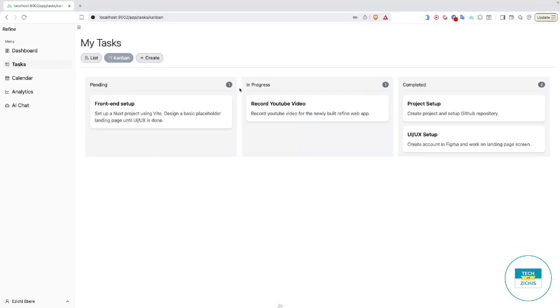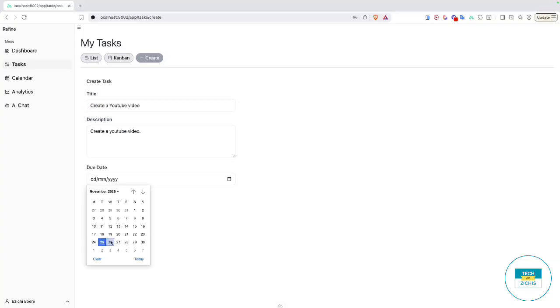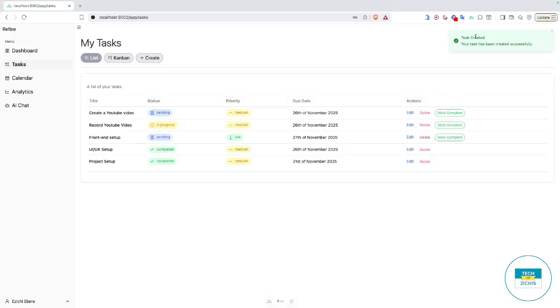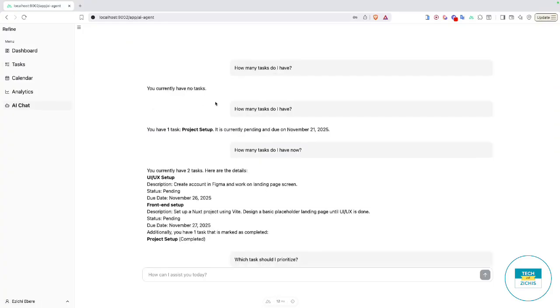Just like I said, in subsequent videos we'll pick a feature and do a deep dive into how it works under the hood. So let's create a task here. Let's say, create a YouTube video, due date of 26th, create task, and that's been created. It also reflects in the Kanban. Create a YouTube video is pending. So over to the chat, we already have